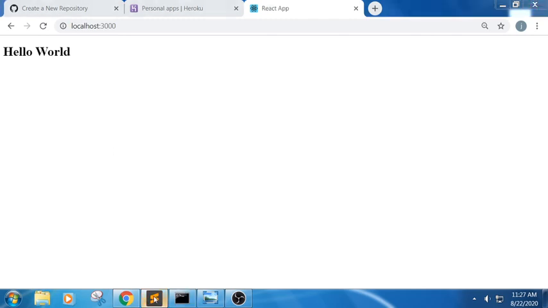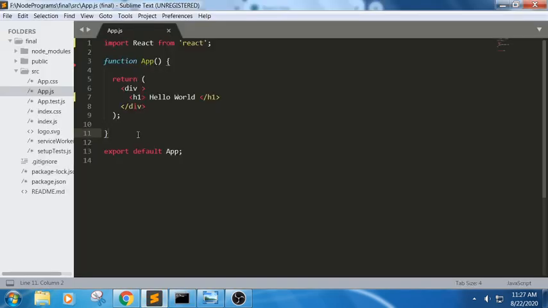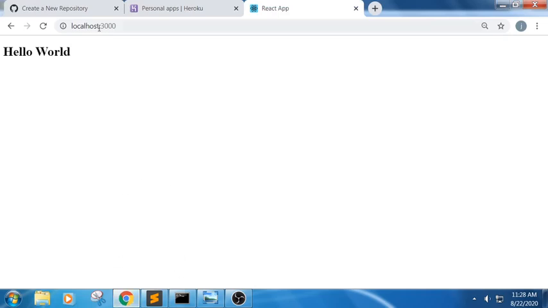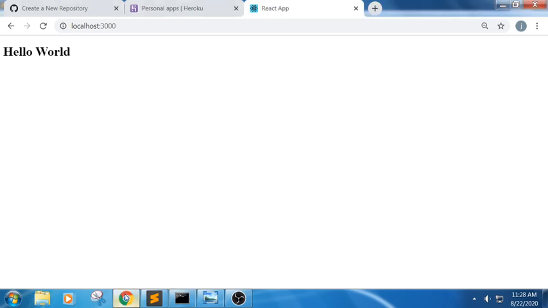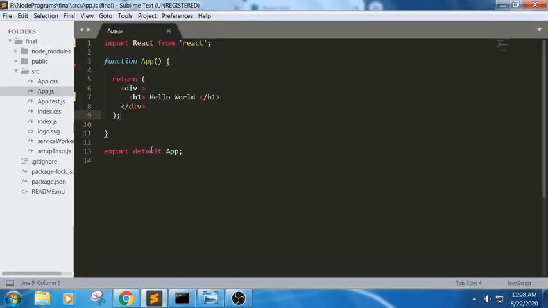So this is how we will be getting a project folder. And this is the session which we have already discussed in the previous tutorials also. You can just go through it in order to create a folder structure also, and you will find the link below this video. Let us create a first file. This is how we have done with the hello world, and we have opened localhost 3000. So this is the basic project, the basic application which will be generated by React itself. Now in this we will try to learn first about JSX.